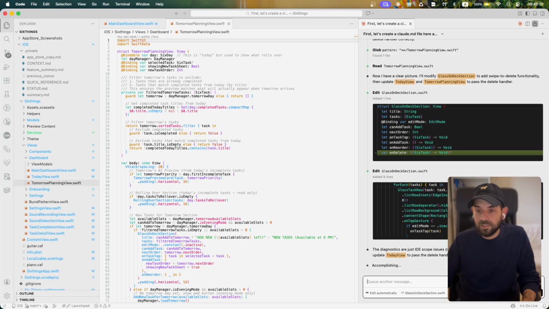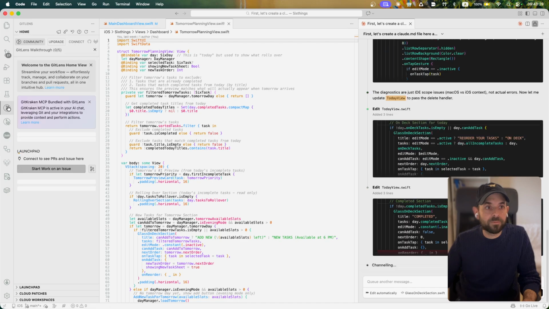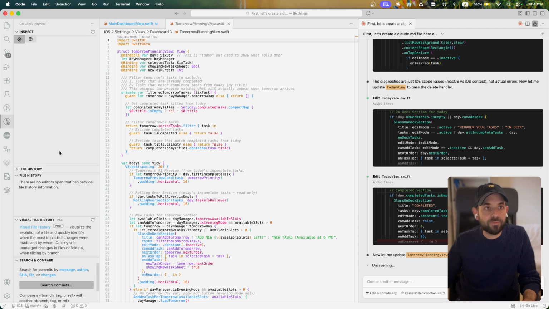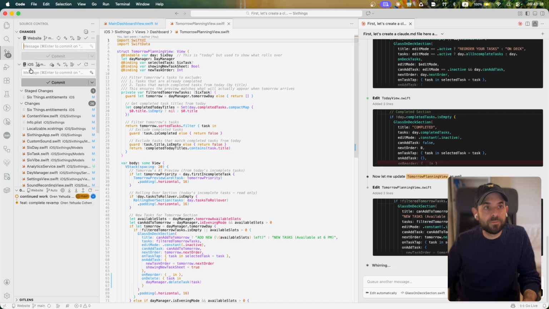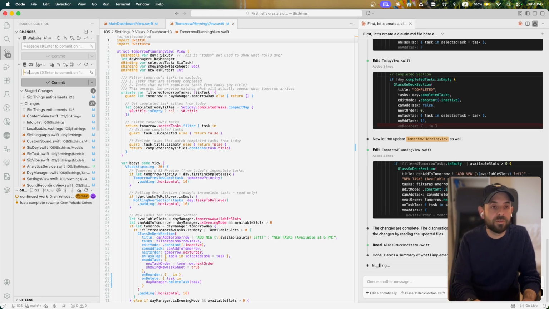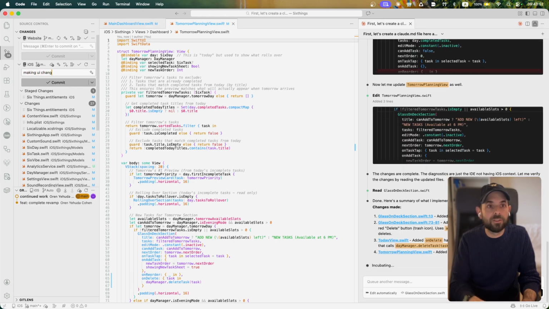All right. Okay. Sometimes what I like to do is to see while he's working. You can check here in your commits. You can see here. I'm going to go ahead and just commit everything for now. Making UI changes.